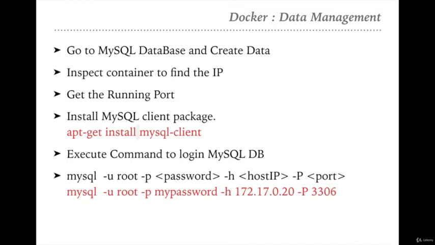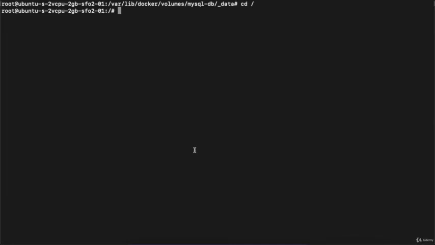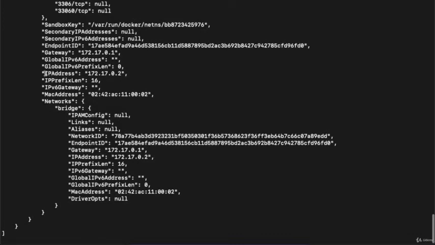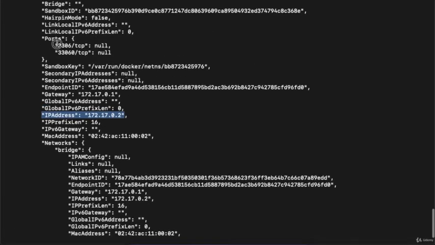So let's go to the terminal and follow these steps one by one. To find out the IP, first I will inspect the running container. So docker inspect mysql-test, and we will verify the IP and port value, right? So let's search for the IP and port value. Inside the network settings, we can get the IP, and the IP is 172.17.0.2, right? And the port on which the container is started is 3306.